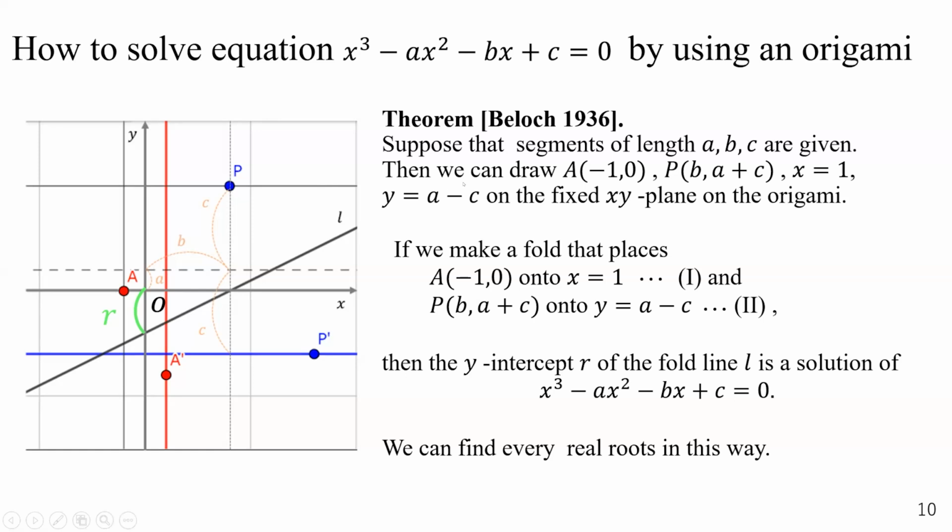Then we can draw the point A(-1, 0), point P(B, A+C), and the lines x=1 and y=A-C on the fixed xy plane on the origami. If we make a fold that places point A onto line x=1 and point P onto line y=A-C,